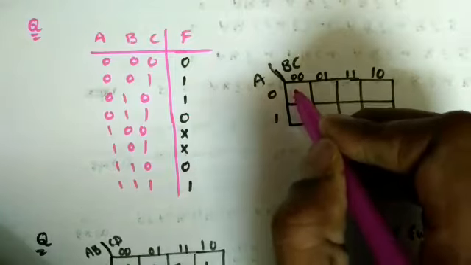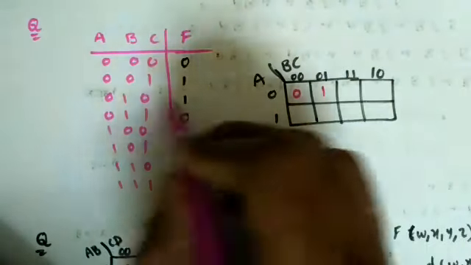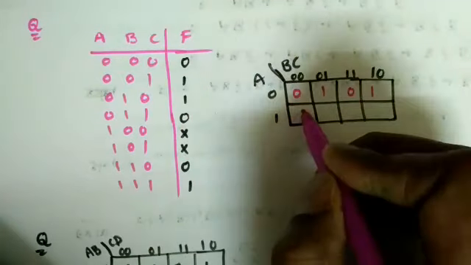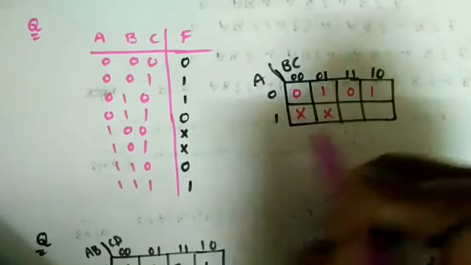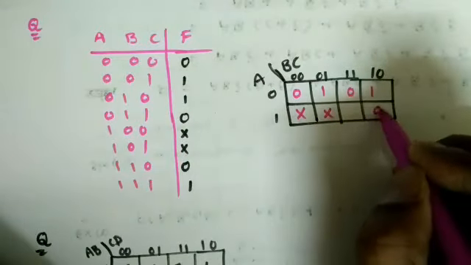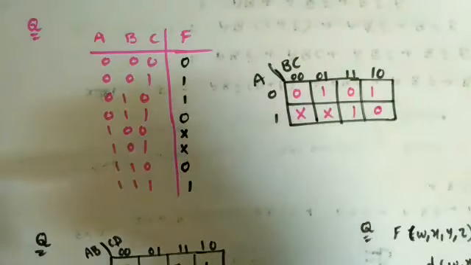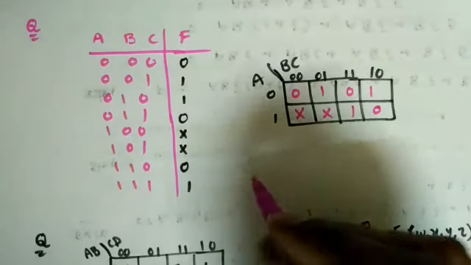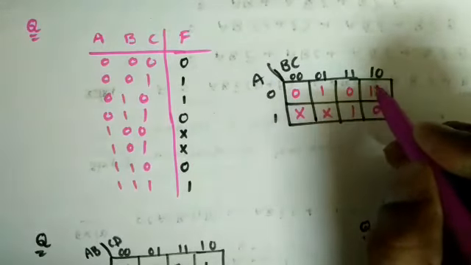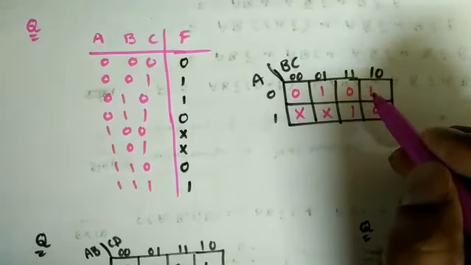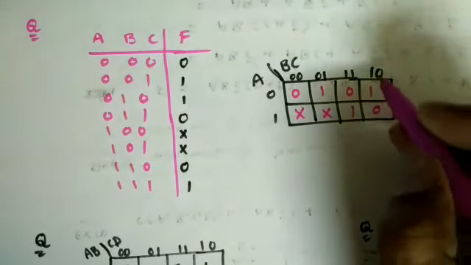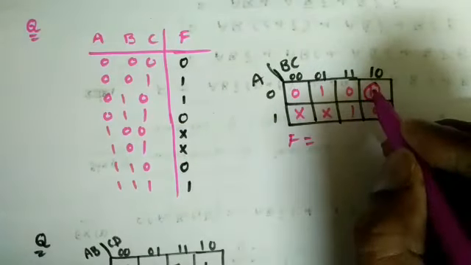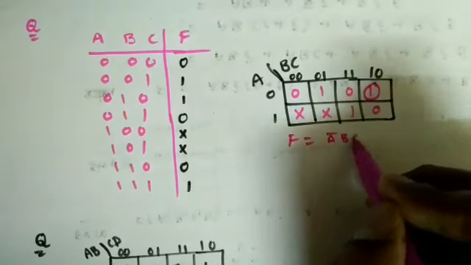Now 000 means 0, then 001 is 1, 010 means 1, 011 is 0, 100 is a don't care, 101 is also don't care, and 110 is 0. This is the 1. Now whenever this comes up like this, how to make it? Now if you see, with the 1, I don't have any either pair or quad, so this is a single min term I will get. So the function value is equal to, the single min term is nothing but a bar b c bar,